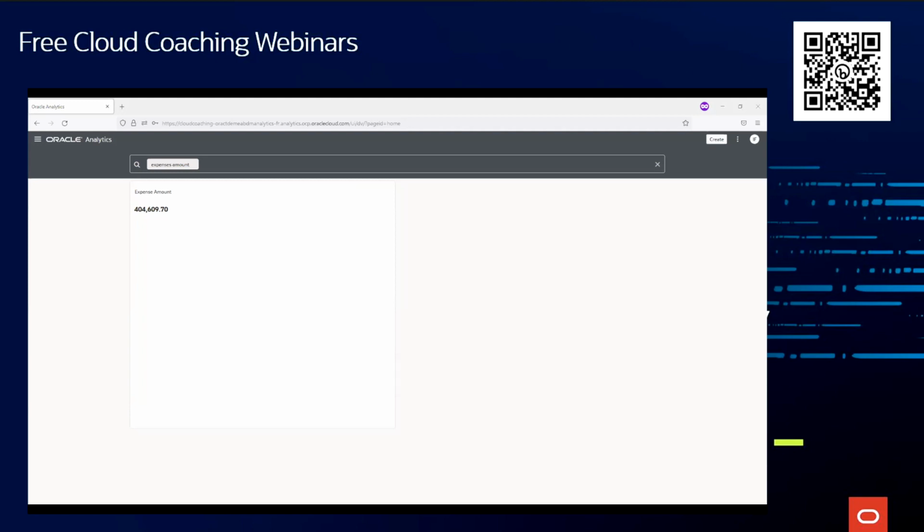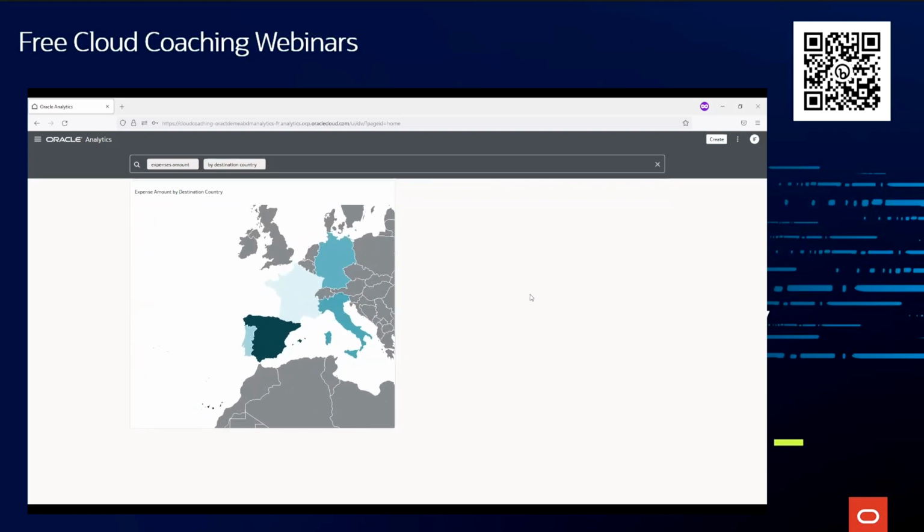So this is a first step where you can analyze and search for your data. Let's go deeper and add more free text. So let's say that I want to see my expense amount by destination country and see if the tool can generate something for me. So the tool automatically changed the visual, adding a map visualization over the two fields that it found in our dataset, one called expense amount, one probably called the destination country. But we can go further and see more on this, okay, by destination country and